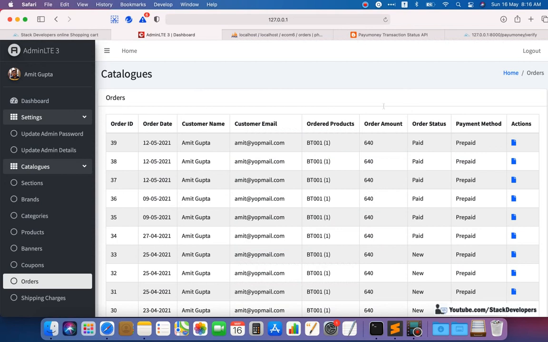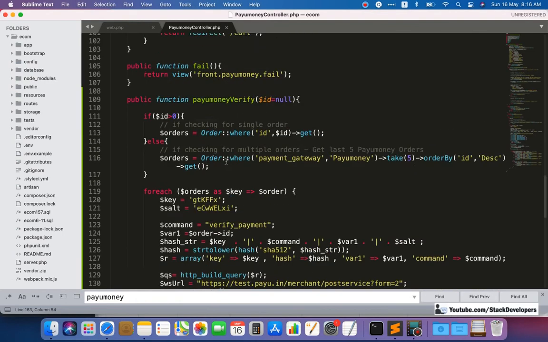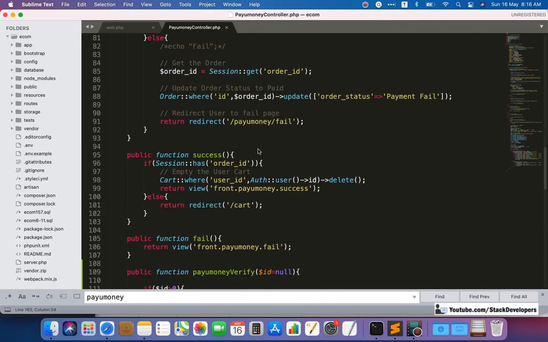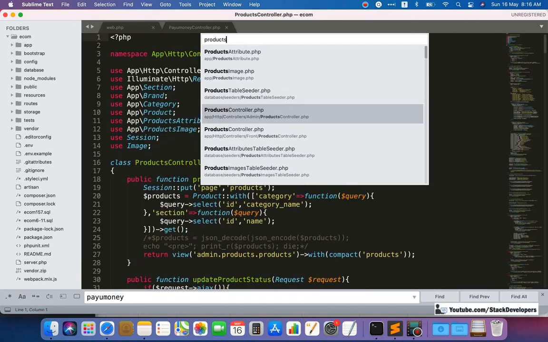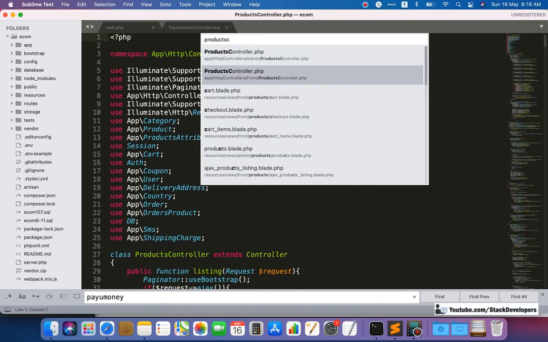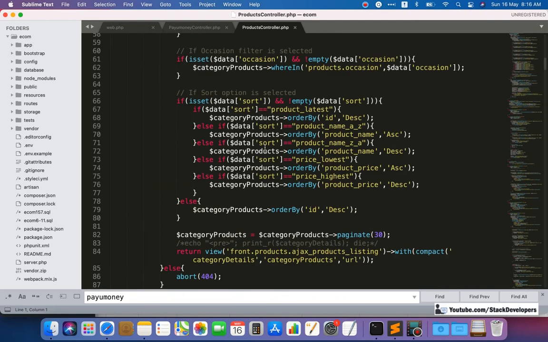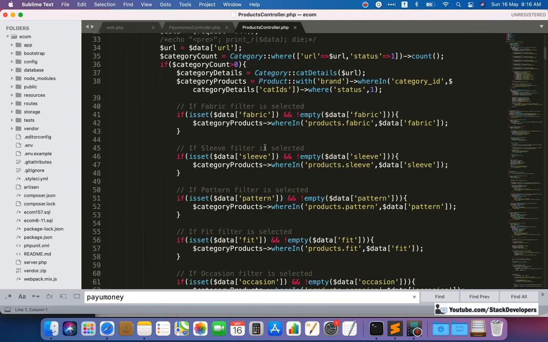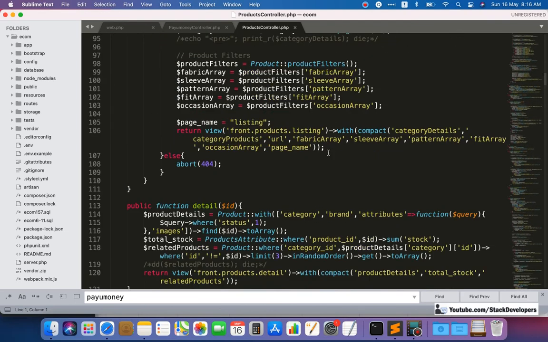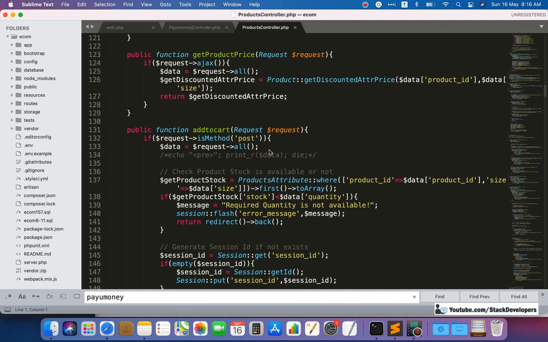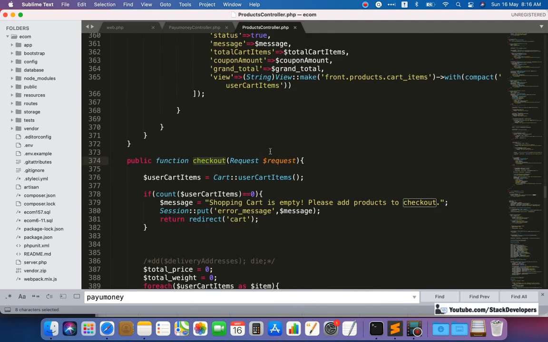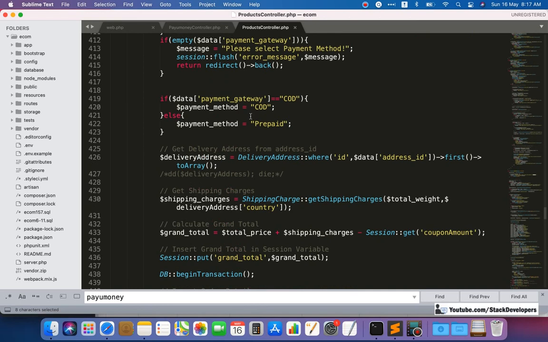Now one more thing we will do here, like one more change we are going to do in products controller. Make sure that we will update the status to pending in case that is the PayUmoney or PayPal order. Okay, so we are going to see in case of COD, payment method is COD, that is fine.